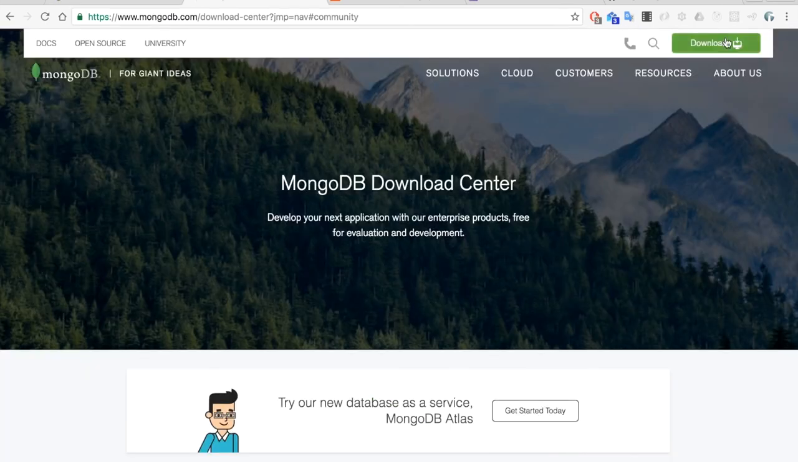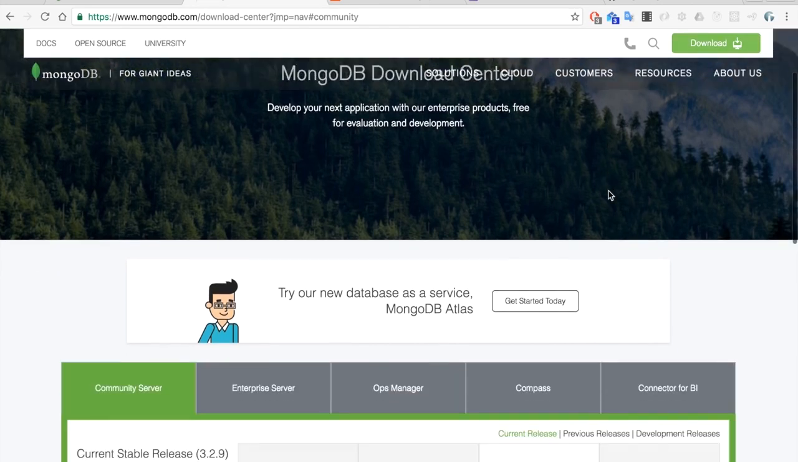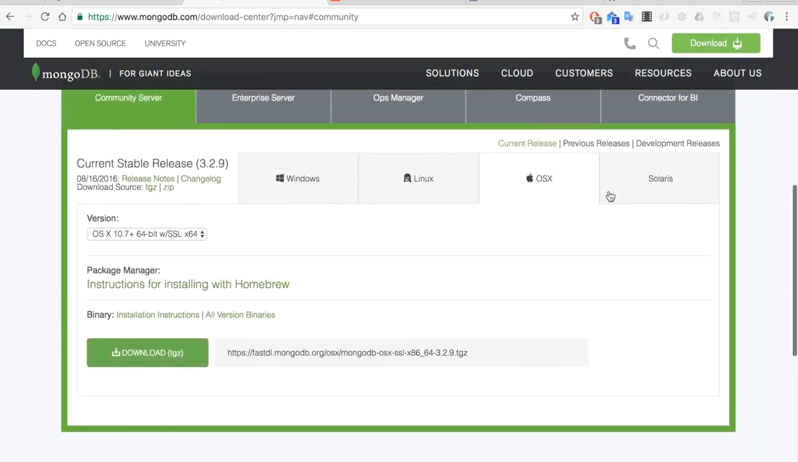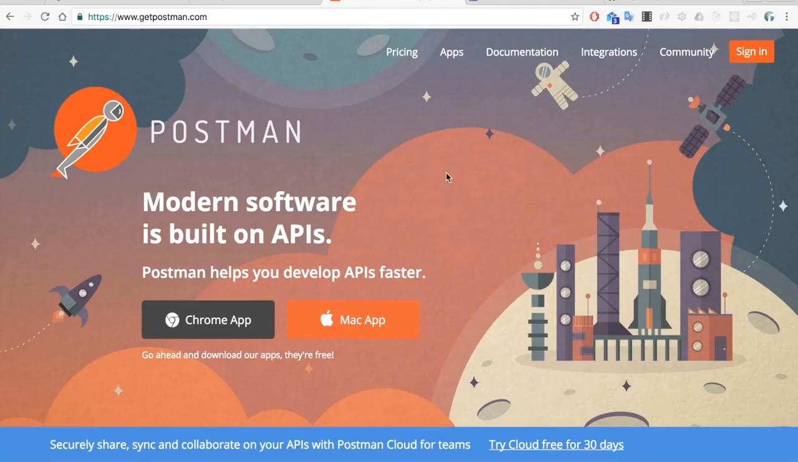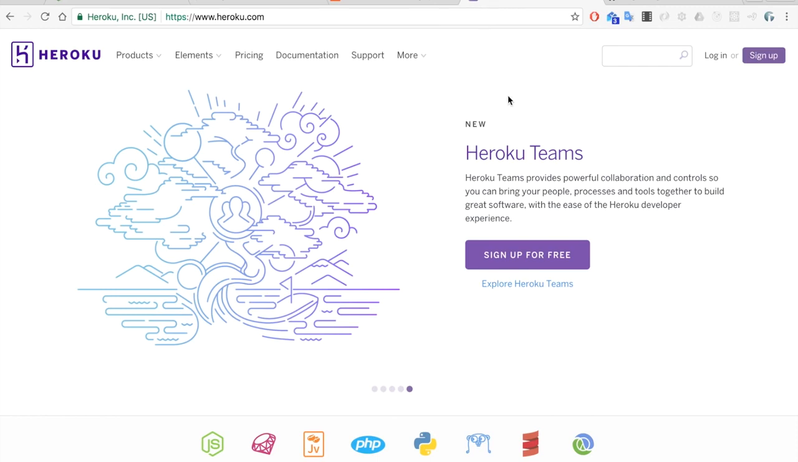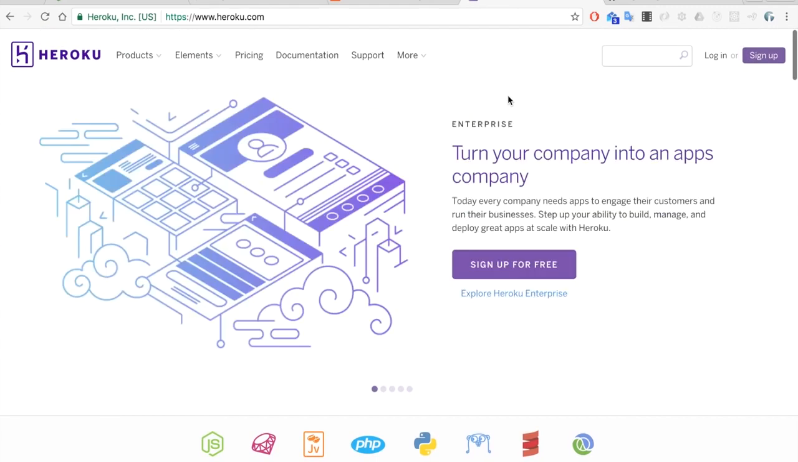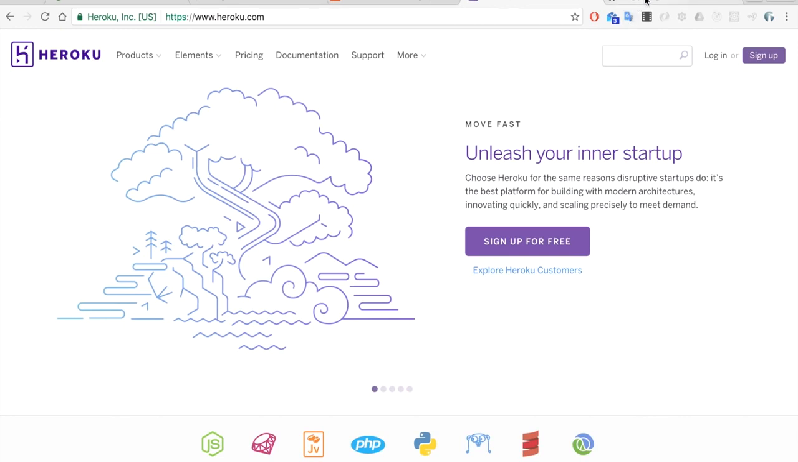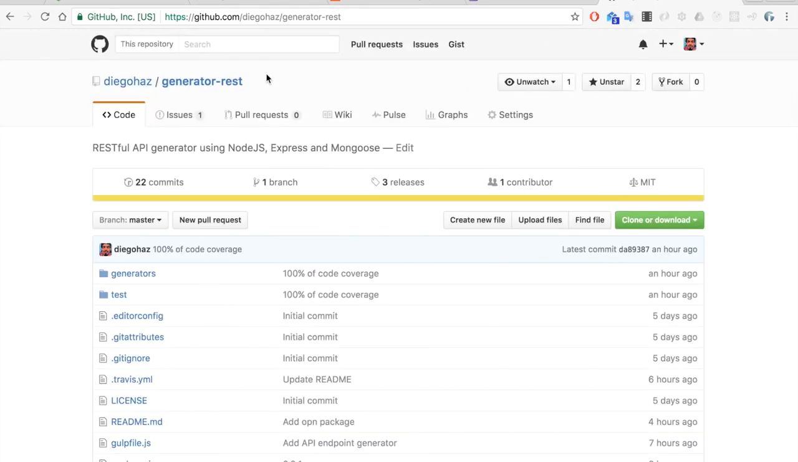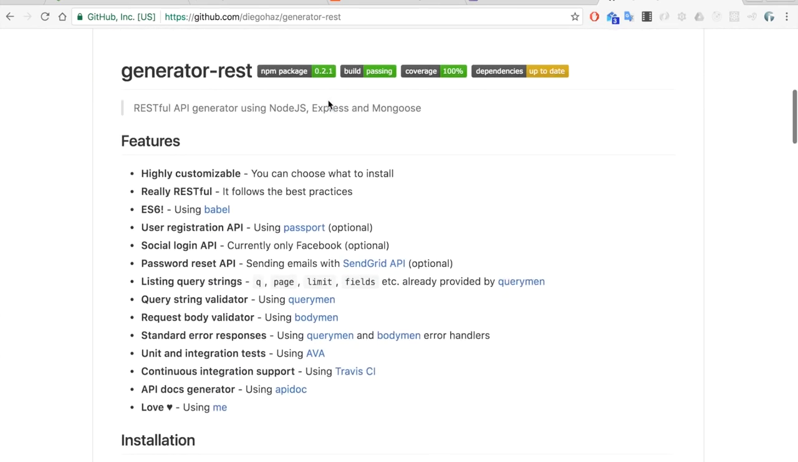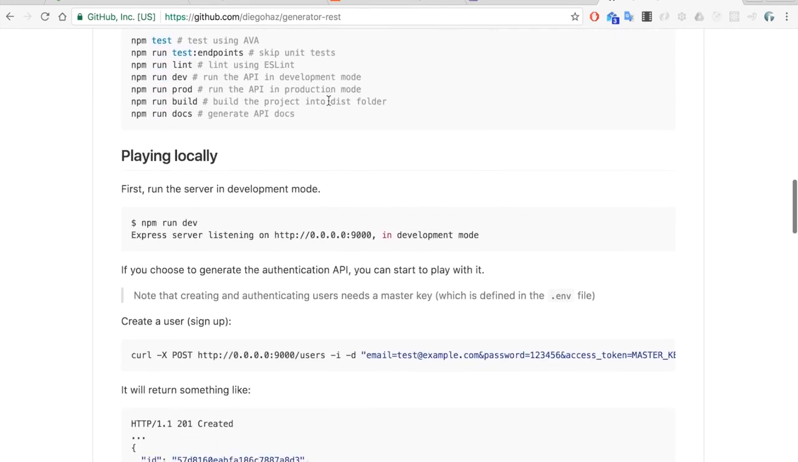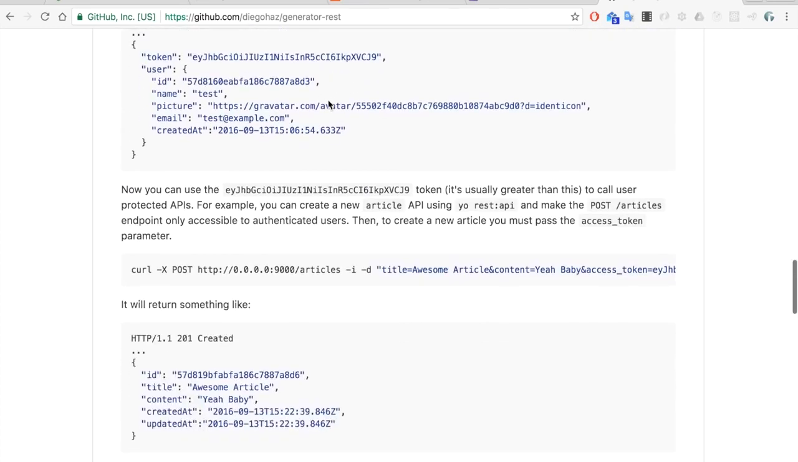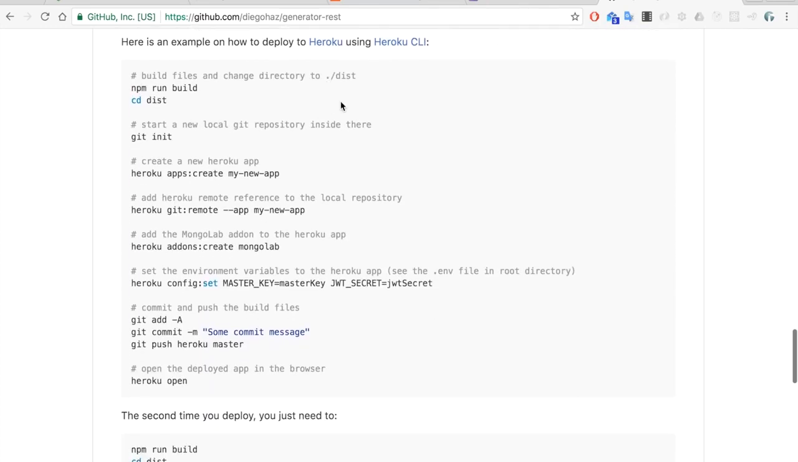You will also need to download and install the MongoDB service if you want to run your API locally. We are going to use the Postman app to call our API and see if it's working. We are going to deploy it on Heroku using the Heroku CLI. And finally, we are going to use Yeoman and generator REST to generate a boilerplate for a project. All we are going to do here is described in its README, so go there if you have any